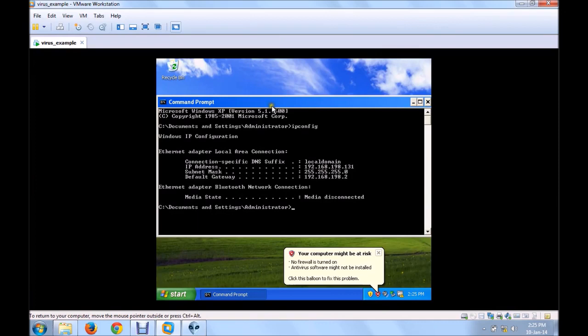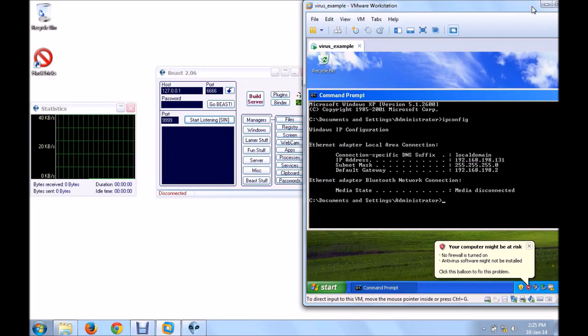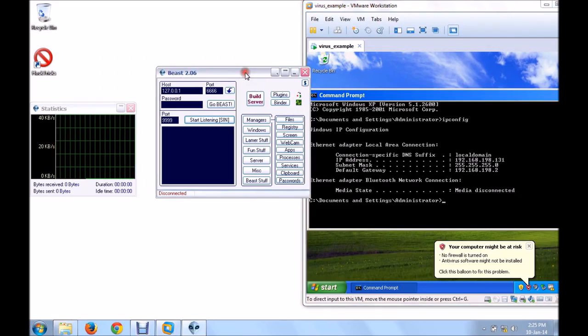This is my virtual machine of XP on my VMware Workstation. So all you need to do is type the IP address of the victim, that is 192.168.198.131, and click on Build Server.